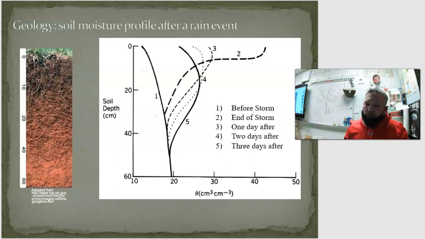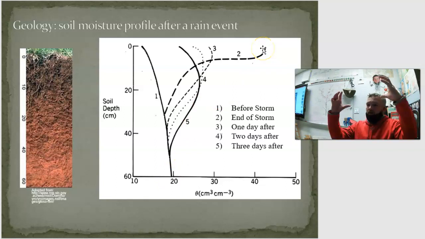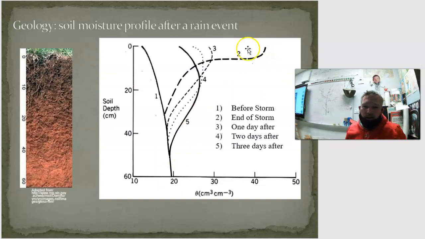But this graph right here is basically just showing runoff, and this graph could change in any given scenario, but basically it's showing that before a rain event, the soil typically has more moisture in it the deeper you go, right? And then once you get a rain event, you have a lot of water on top of the soil, and then that slowly starts to infiltrate into the soil, so that 3 days later you have water that's moved about a foot down into the soil. So you're constantly replenishing water down deep into the soil with rain events, right?